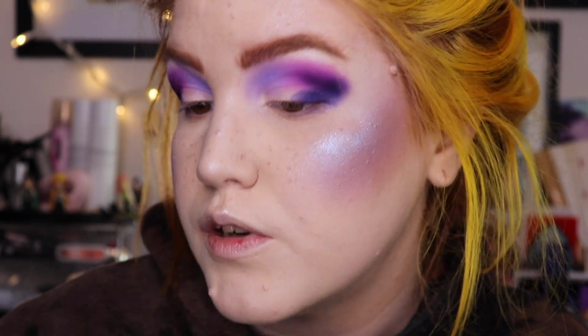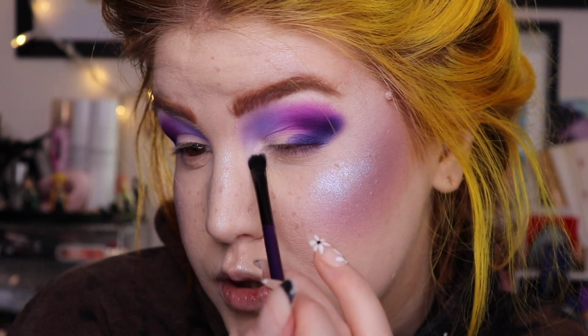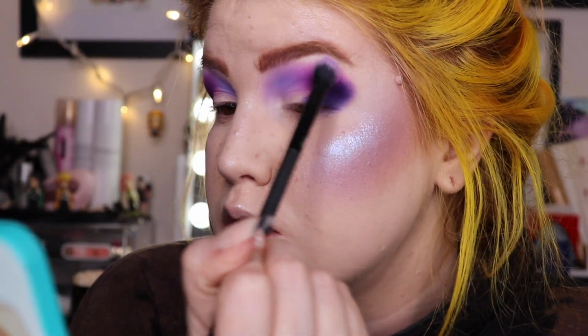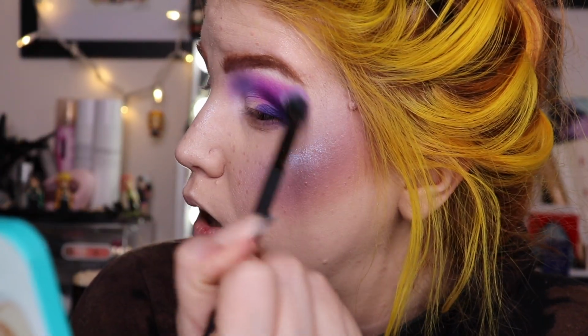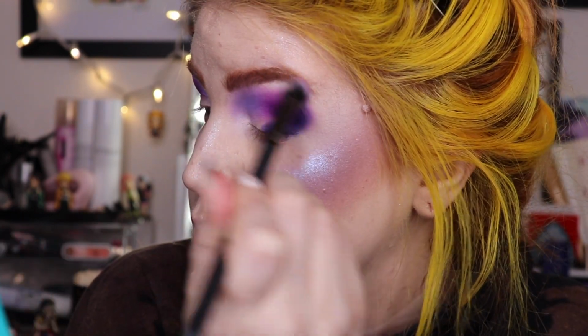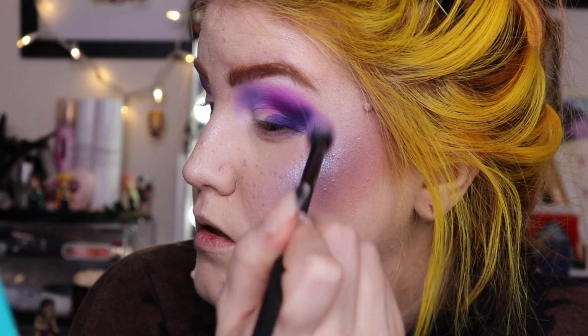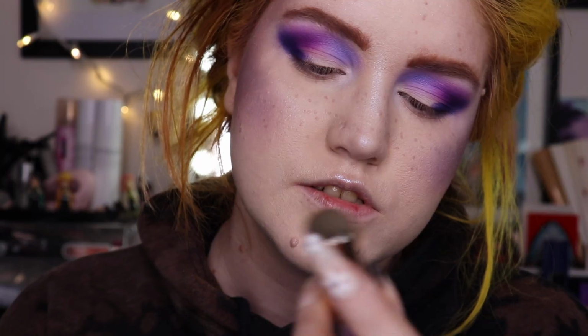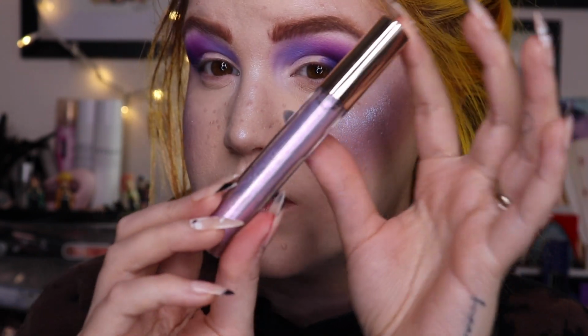I just like more of an oomph when it comes to a white shadow. Now the question is, what am I going to do? I'm taking that first brush I used just to sweep this over the edges, give it a bit more of a seamless blend. So Ciate London gifted me these eye Lustre cream eyeshadows, and this one is in Ultraviolet,